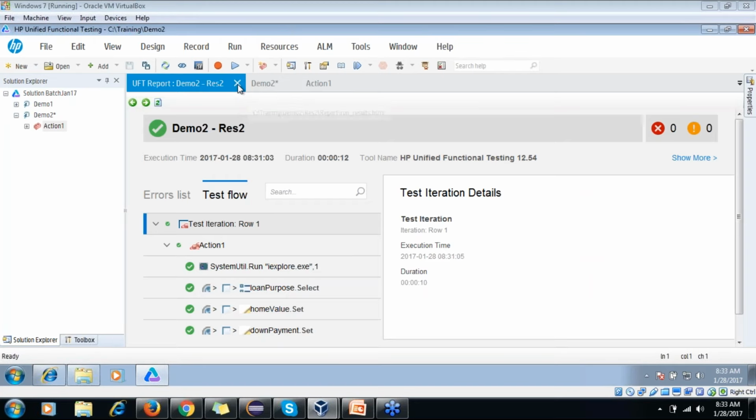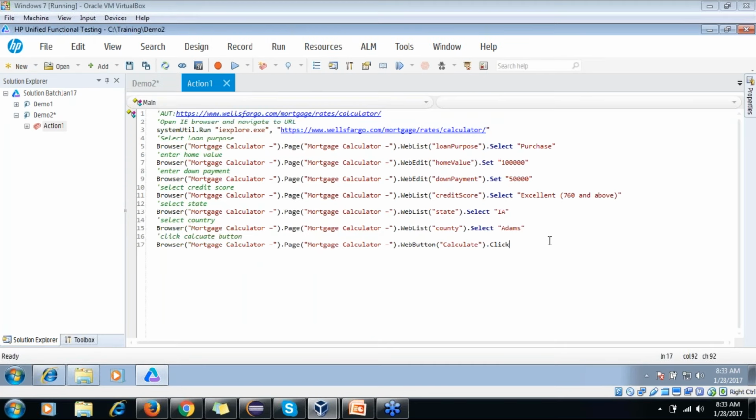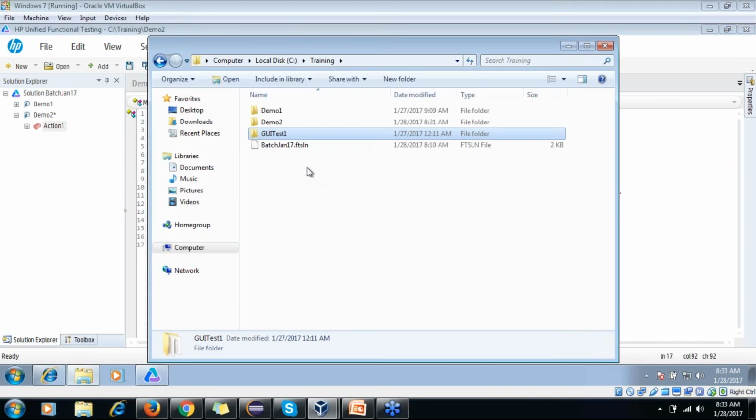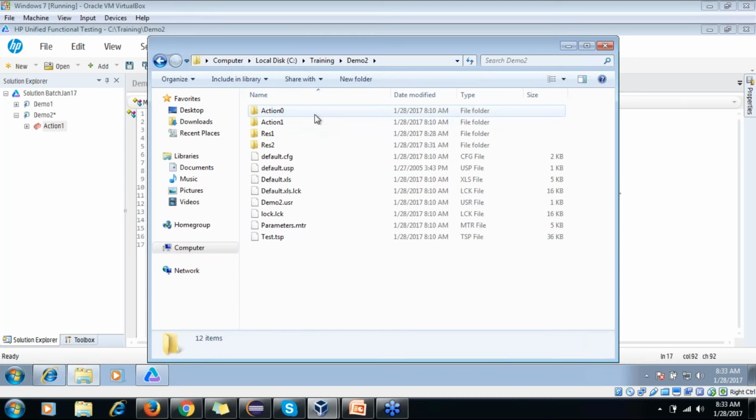Okay, so I was telling about when you run any script through UFT, UFT always creates a folder. So let me go to this. See team here, it created this folder, right? Demo2, when we created a new test, and inside that, you'll always see when you run, it saves this value.